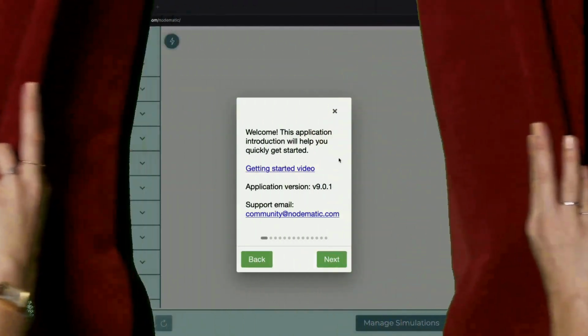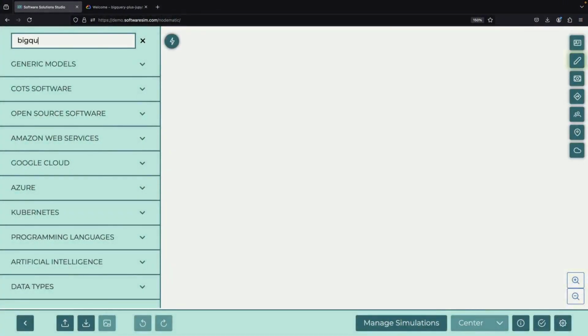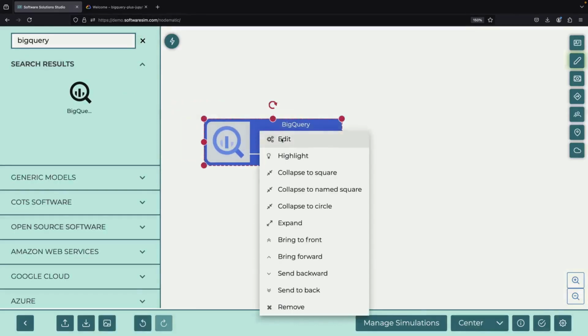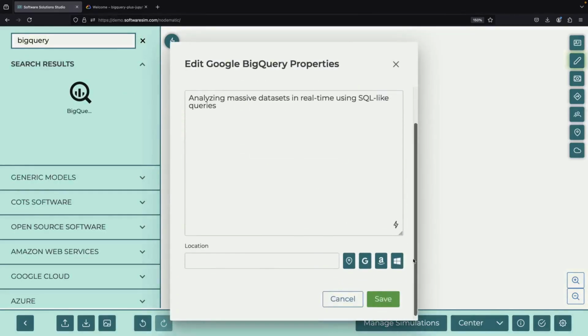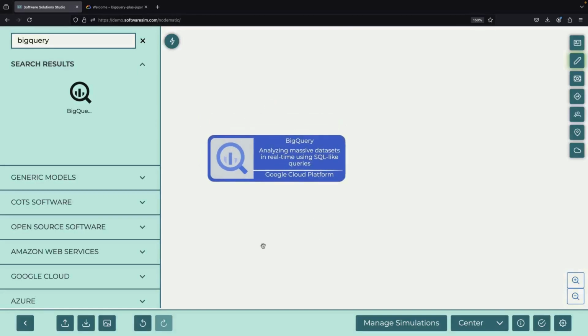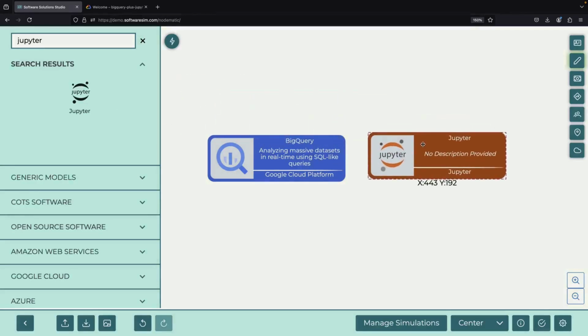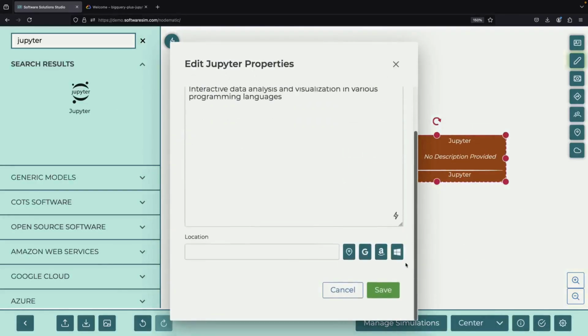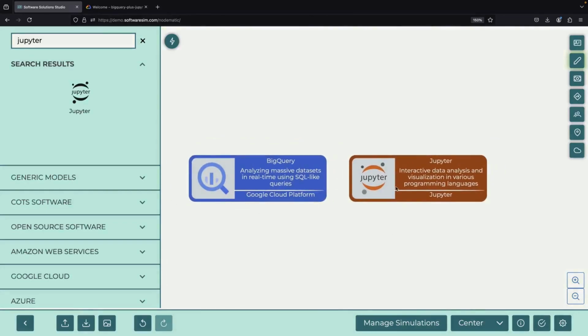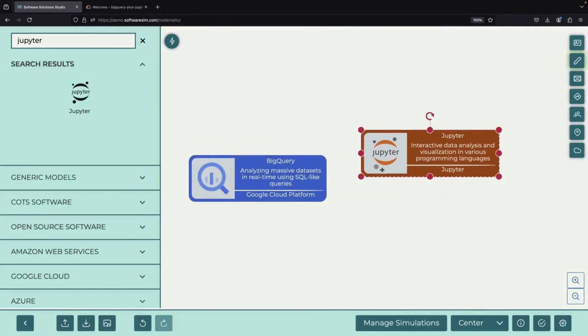Today, we're exploring an exciting combination: Google Cloud's BigQuery and Jupyter Notebooks. BigQuery is an extremely powerful data warehouse that can handle almost unlimited amounts of data, while Jupyter Notebooks are considered the gold standard for data analysis. We'll learn how to get the best of both worlds by doing analysis in Jupyter while taking advantage of BigQuery's